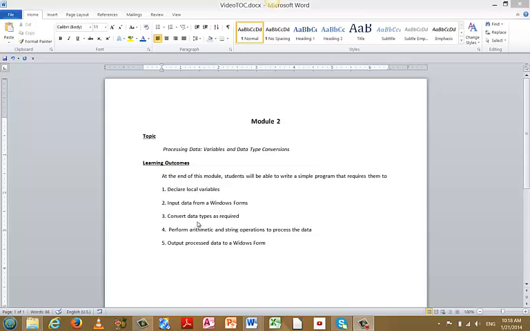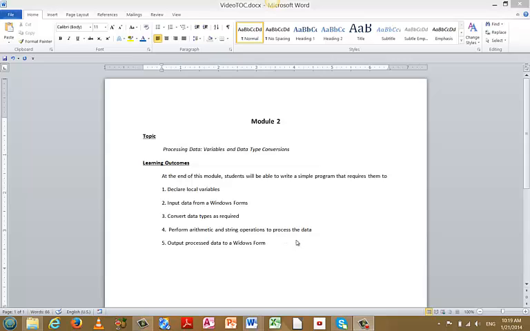When data is provided to a program at runtime, it may be necessary to change the way the data is stored internally or to do a data type conversion. So we'll look at what data types are and what is done to convert from one data type to another. We'll take a look at how arithmetic and string operations are processed. And we will show how to take data that has been processed by a running program and display it through